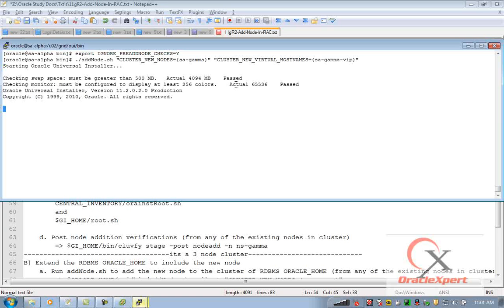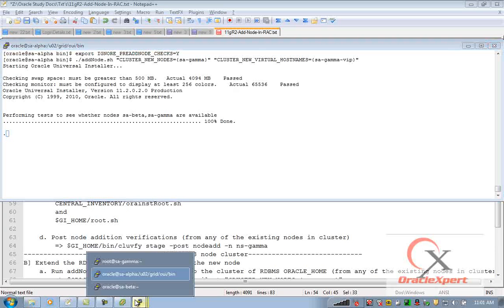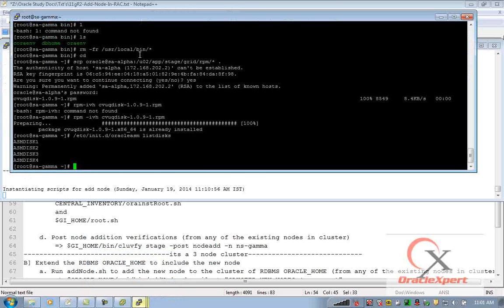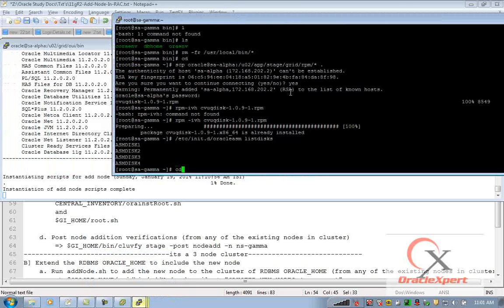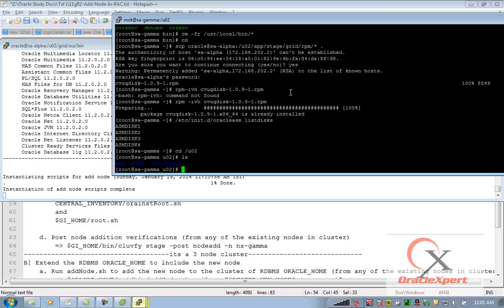This time it has ignored all those checks and it is directly proceeding by copying the software to the gamma node. See here, performing test to see whether alpha, beta and gamma nodes are available, done, and so on. Now I am going to gamma in the meanwhile to find out the progress of the software copy. See here,